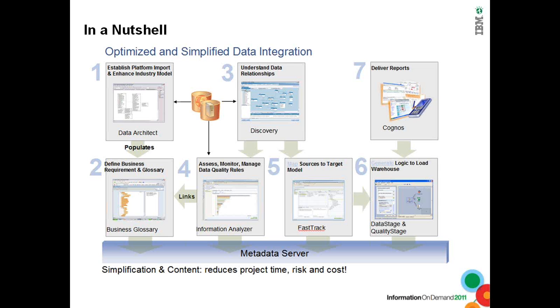Now, how do you make sense of what exactly the relationship between these is? Instead of spending hours and days and weeks going over huge sheets of ER diagrams, wouldn't it be nice if there were a tool which automatically discovers such relationships and at least gives you a starting point in terms of: these are the business objects and these are the discovered relationships that the business objects contain. So that is what discovery does. It introspects into the source schema and gives you information about what business objects are there in terms of relationships in the source schema.